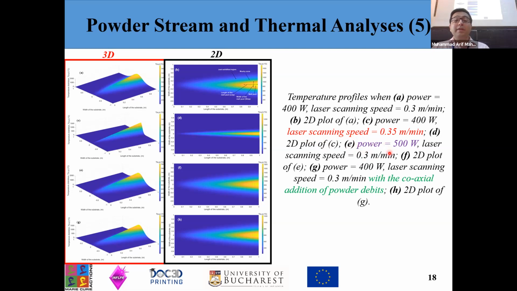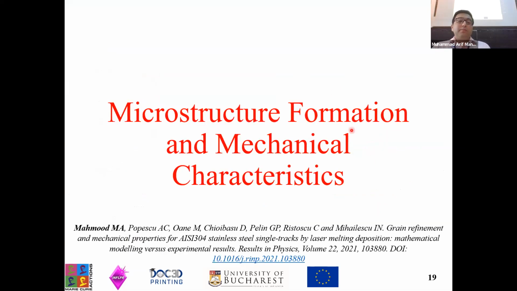While when I'm increasing the laser power, the laser energy density to material interaction is increasing, which will increase my thermal distribution. And when I'm adding the powder particles simultaneously, a significant portion of the laser beam is absorbed by the powder particles to change their phase, which will result in a reduction in thermal distribution arriving at the substrate. After addressing this scenario, we moved to the microstructure formation and mechanical characteristics